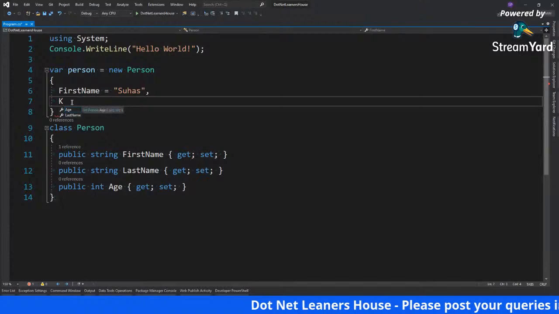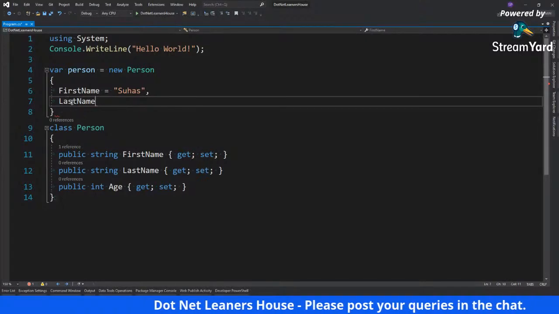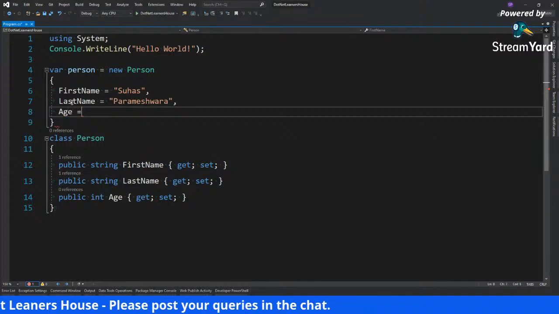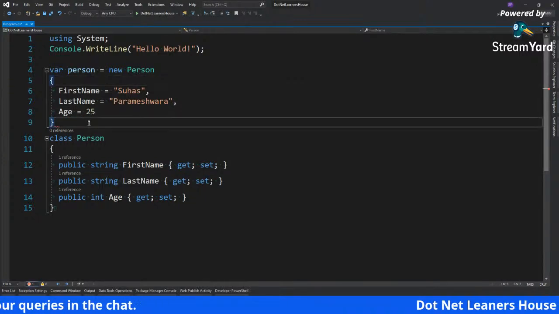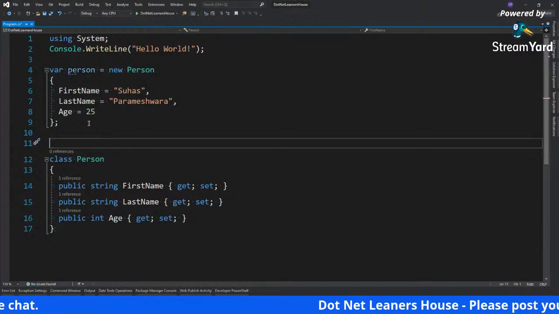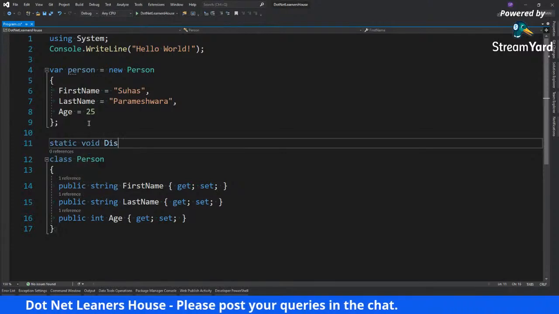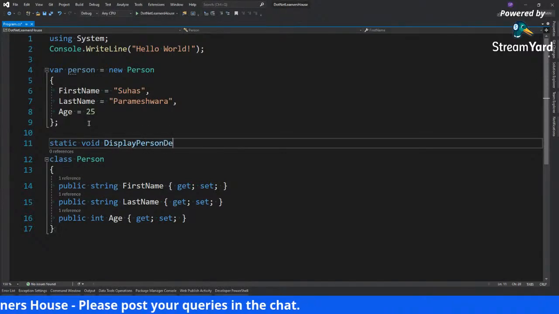And then last name equal to Parmeshwara, and my age, oh, I forgot my age, so I'll randomly do 25. Okay, so I have created the object, so I have to display it in the console. For that, I'm going to write a function. I'm going to say static void DisplayPersonDetails of